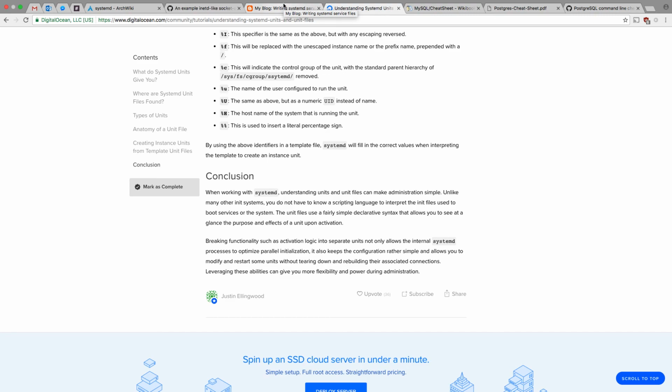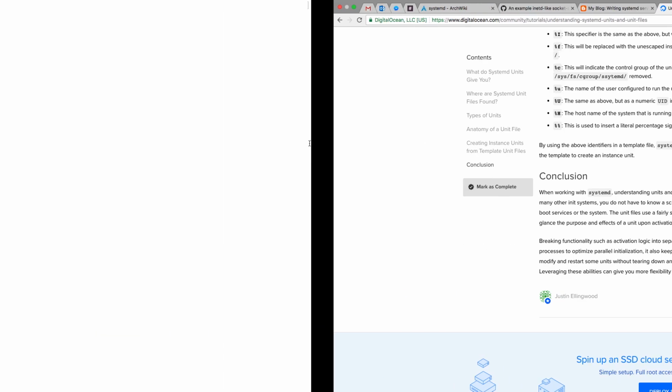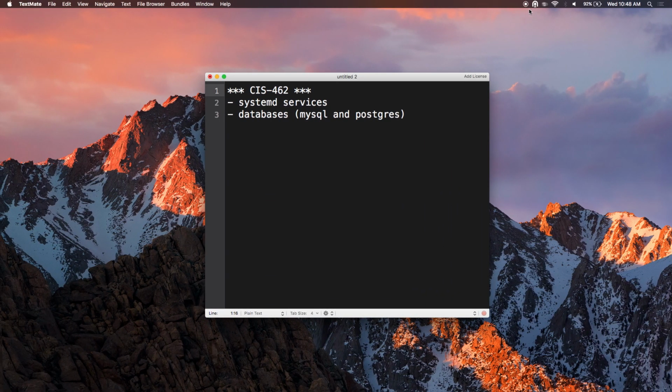So hopefully you found something interesting there. Again, definitely worth knowing because you're probably going to have custom services, custom binaries, things that are broken that you need to fix, and things like that. So any questions about systemd, about Lab 3 or 4, about anything in this class, feel free to stick around after and we can